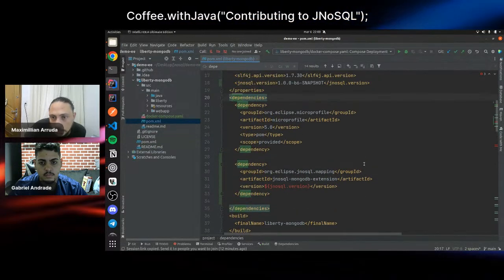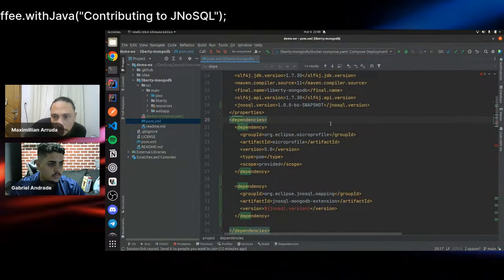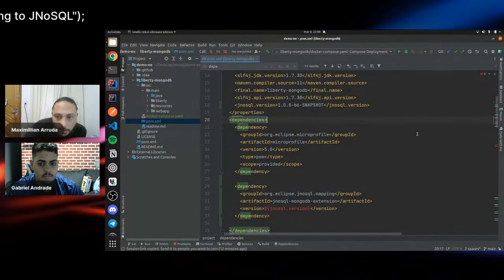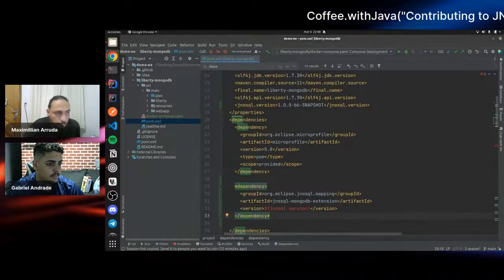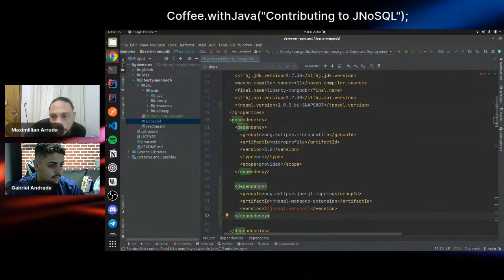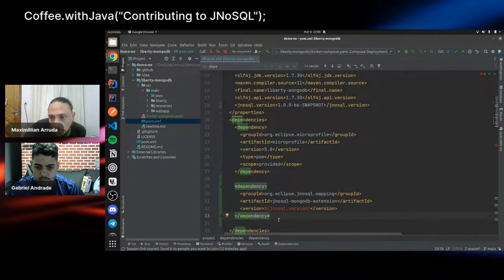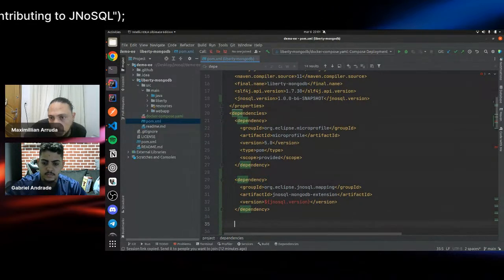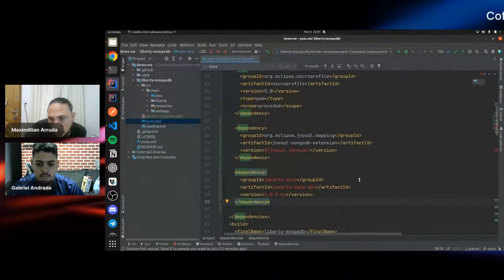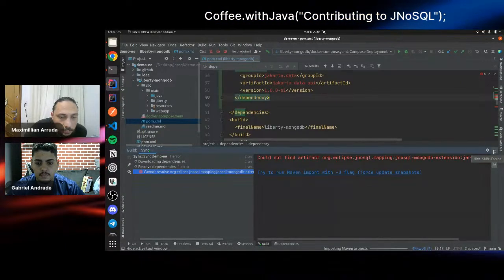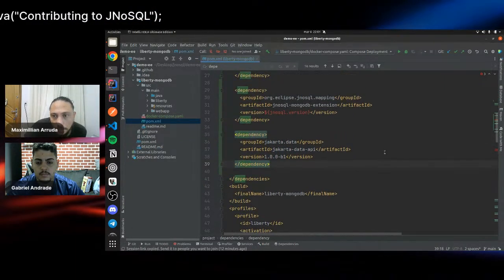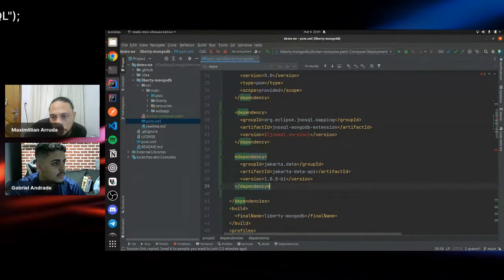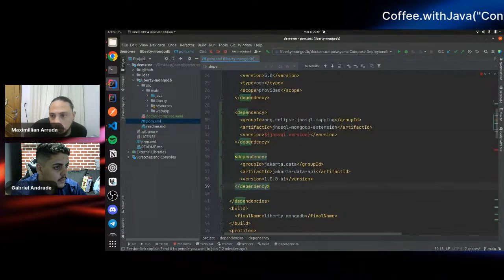Another configuration that is required is that we need to add the Jakarta Data API. So I type in the chat again. You put it under the latest one that you did.